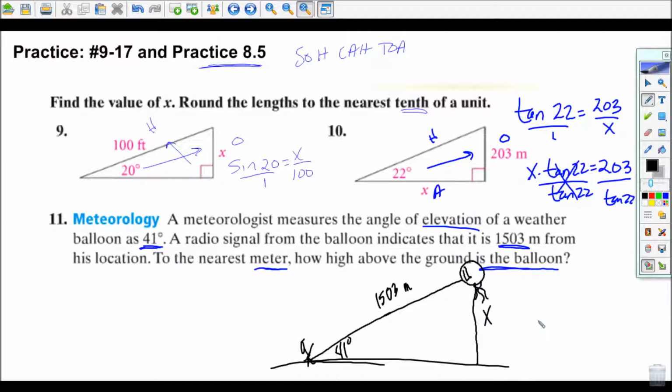So we have opposite and hypotenuse. So we're going to use sine. So sine of my angle is going to equal opposite over hypotenuse. We can cross multiply. So sine of 41 times 1,503 is